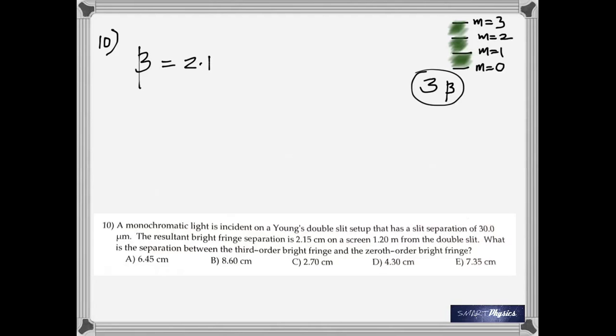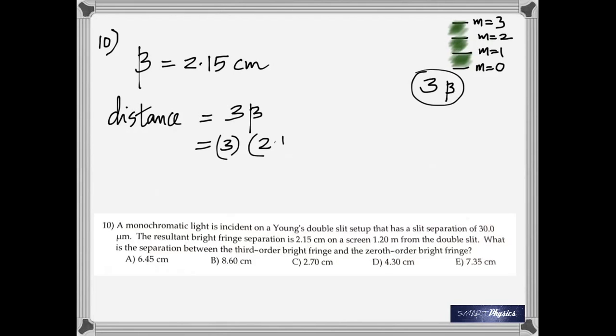So I have the 0th order and the third order bright fringe. And the separation is going to be 3 times the spacing between any two, right? And here beta is 2.15 given. So the answer should be 3 times 2.15, and you don't need any of those other steps, which is just being smart. If the distance between any two adjacent ones is 2.15, then of course the distance between 3, so it's just 3 times 2.15, the answer is